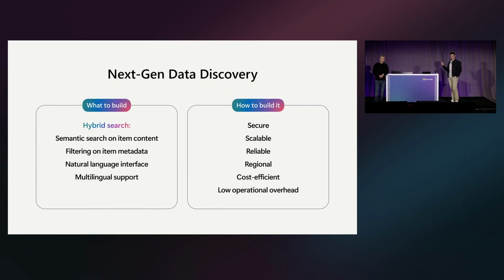So what James, Microsoft, and Veeam sat down to do is build next-gen data discovery. And so what this really boils down to is hybrid search. So of course we need scalable filtering on the item metadata so that if you have precise criteria that you need to be able to find your backed up data for, you can do that. But on top of that, we also have semantic search on item content. And that means if you have the content of an email that you kind of have this fuzzy memory of, or content of a file, you can actually search for that without needing to recall the actual keywords or parameters for that data. All of this is offered through a natural language interface,